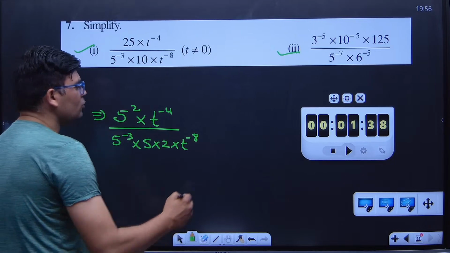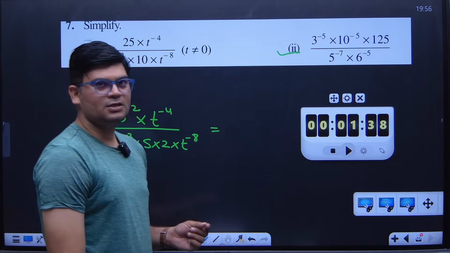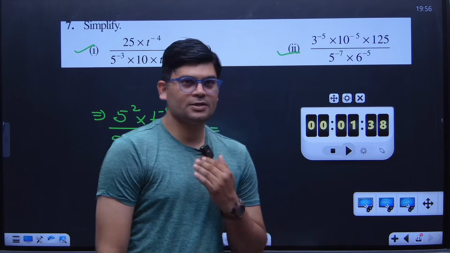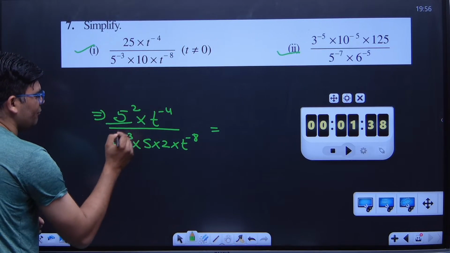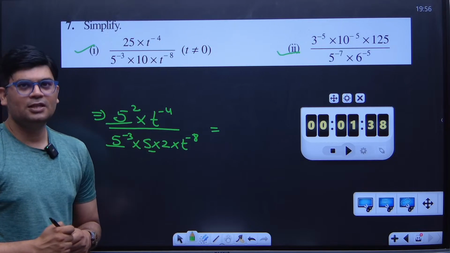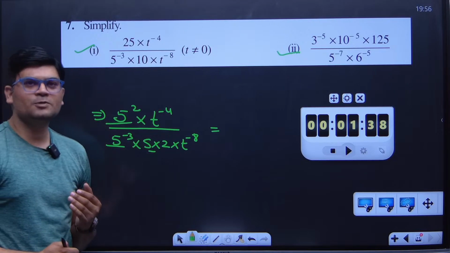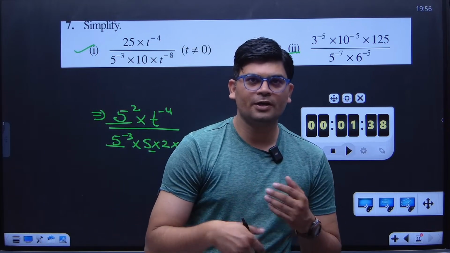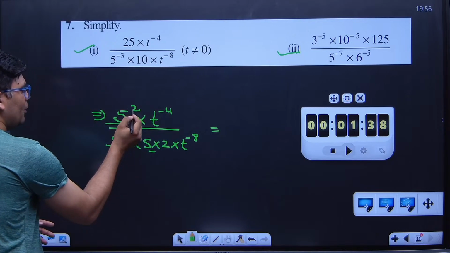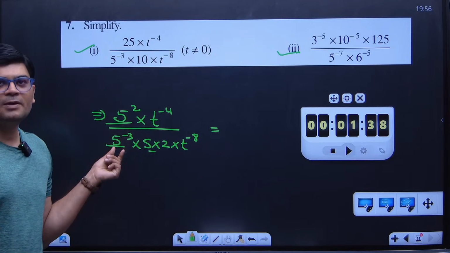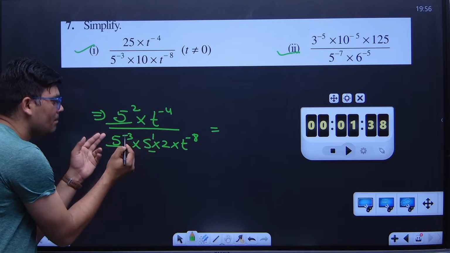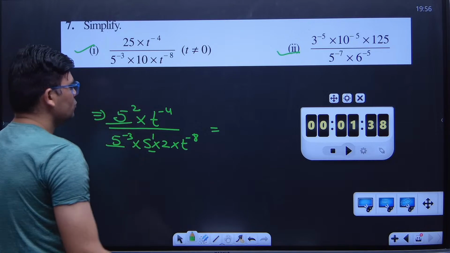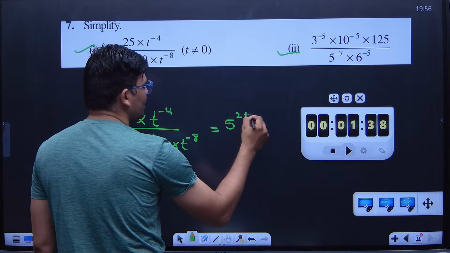Now, according to the law of exponents, you must have either the same base or the same power. So let us come to the numbers having the same base. I am having 3 numbers. You can see 5, 5, 5. Are they having the same base? The answer is yes. The second law of exponents says that if the numbers have the same base, we have to subtract. So 5 to the power 2 minus minus 3. This will become plus 3, and even if you check, minus 3 plus 1 will become minus 2, and when minus 2 goes ahead, it will become plus 2.